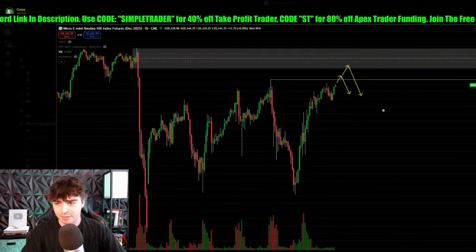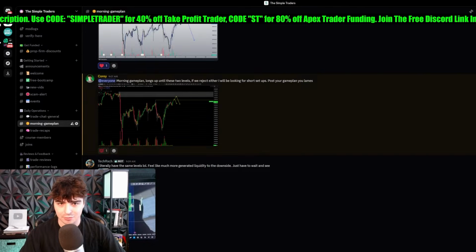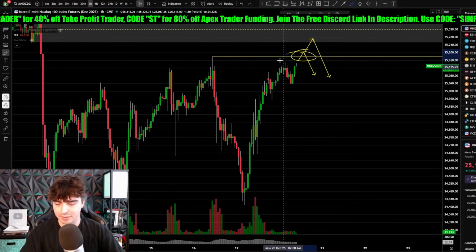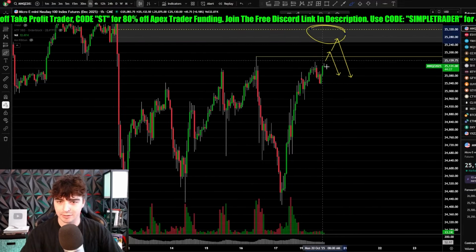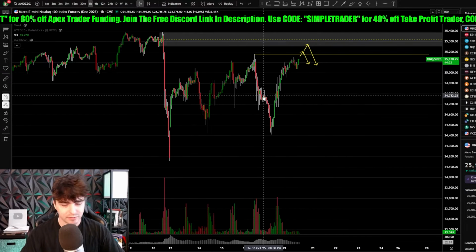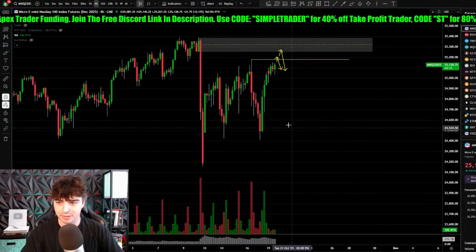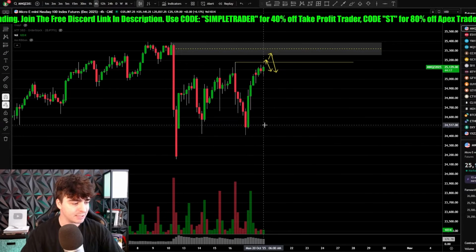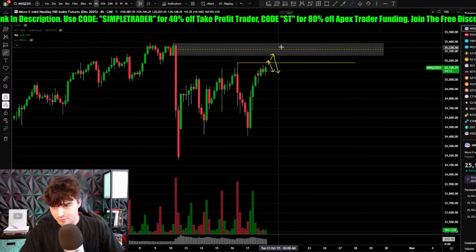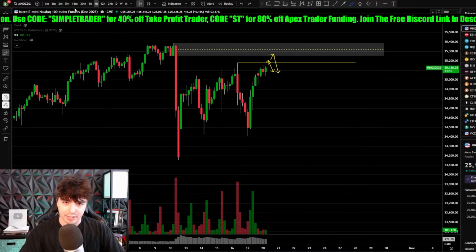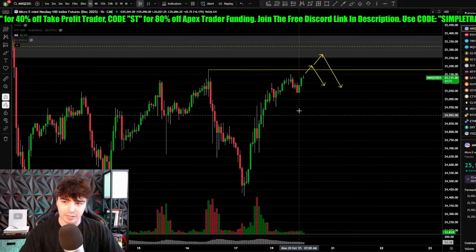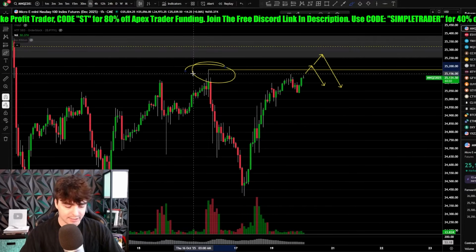Anyways, the morning game plan for today, as you can see, sent in the Discord. I'll just bring you over here. Right now, I'm currently long bias up until this area of liquidity or this area of supply. This is what we call a bearish order zone. If you don't know what a bearish order zone is, watch the free bootcamp on my page. It's the only free playlist I have. What we're looking for is essentially rejection of this area, but because we're not there yet, my bias is long, okay? Long until these highs get tested at the very least.